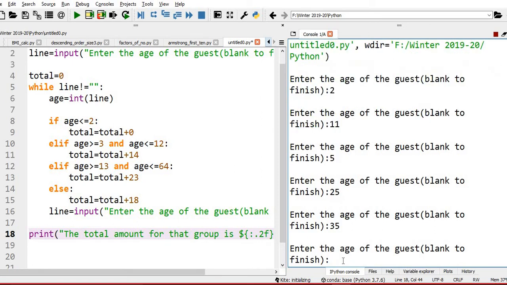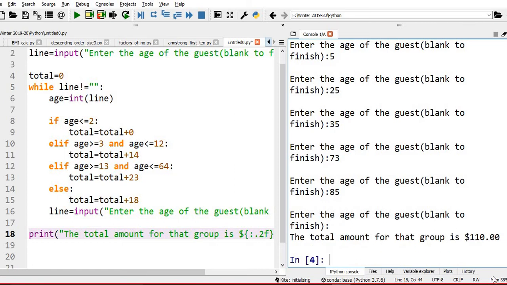I have 2 senior citizens, say for example age 73, another one 85. Then just a blank line. You just see it is $110. In every case I have taken two people, so earlier it was $55, now it is $110.